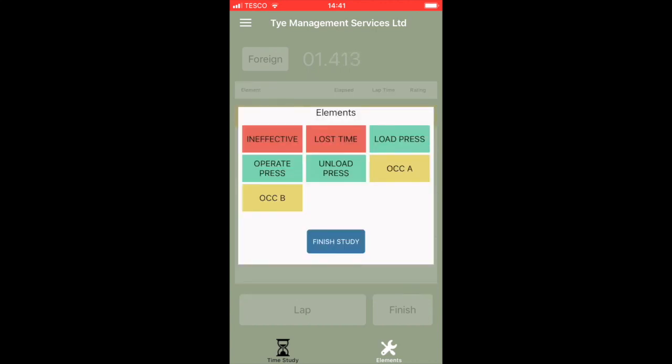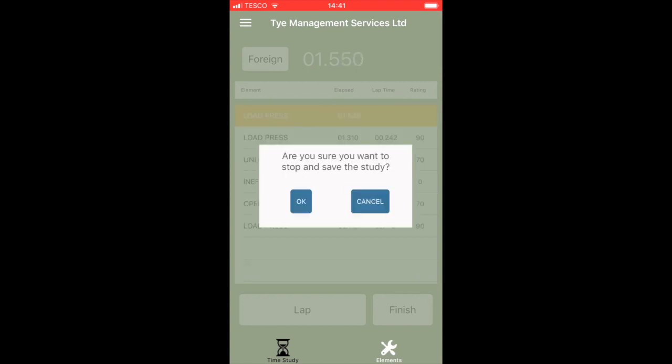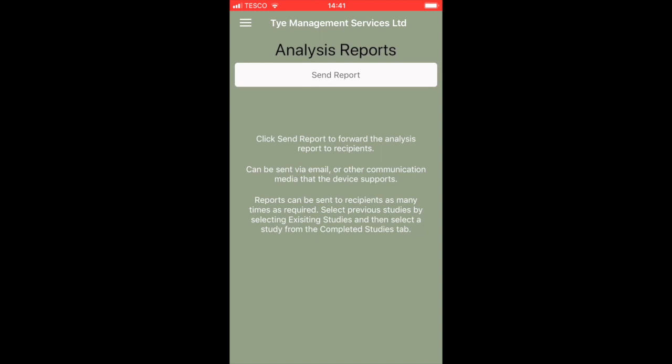When I've done enough cycles and I need to finish the study, I'll just press finish study, and then it will ask me, are you sure, or do you want to cancel? I'm sure, so I'll press OK, and then that will take me into the analysis report screen, where I will press on send report,